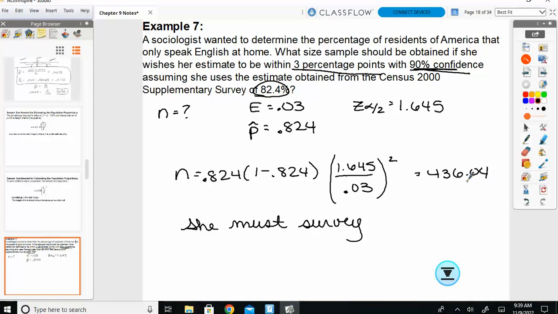Okay, did you guys get 436.04? So would 436 people be enough? No, even though this rounds to 436, you always have to round up in this scenario. So 436 people wouldn't be enough, we need just over that. So she has to ask